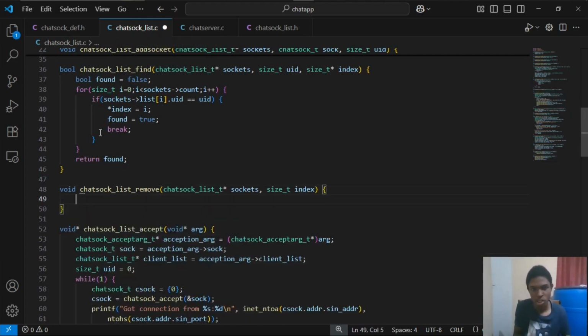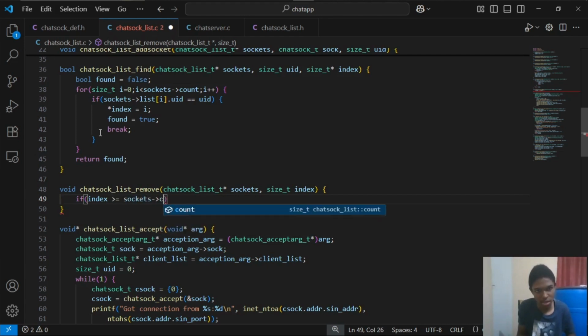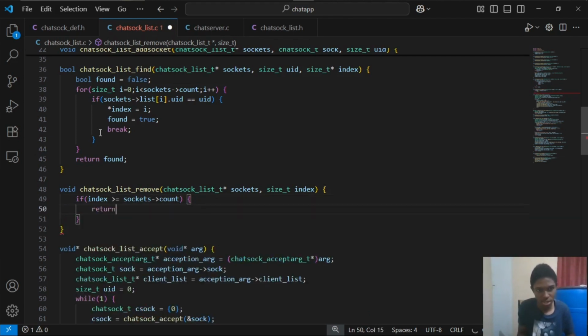And then our remove function, guys, will essentially be, let's see, it will accept an index. So we'll need to validate our index, guys, so that it isn't greater than our count or anything like that. So we'll say if our index is greater than or equal to our sockets count, then we'll just return